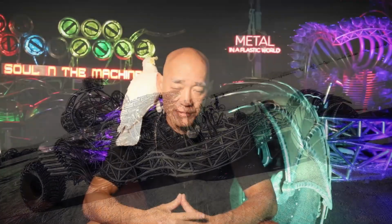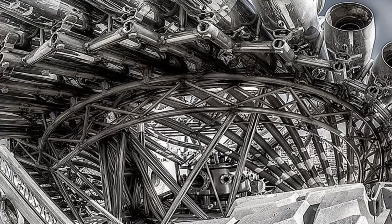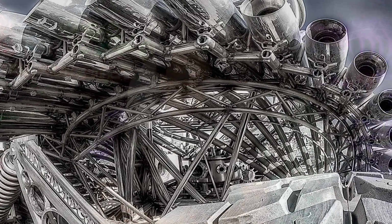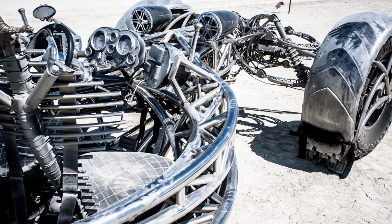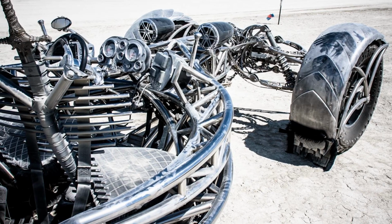How long did it take to build it? And the short answer would be 4 years. Only in the first year did we hammer for like 4 months full time with a big crew. We hammered away to build the frame and the chassis and all that, put an engine in it and get it to run. In subsequent years though,